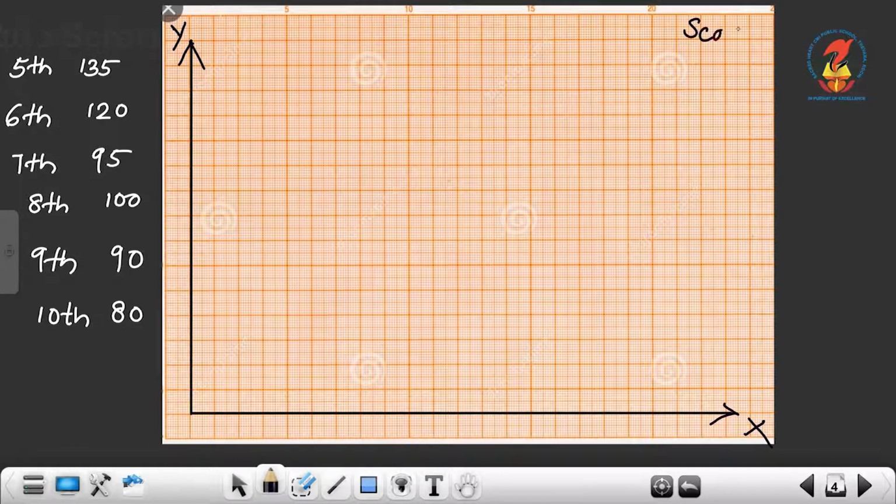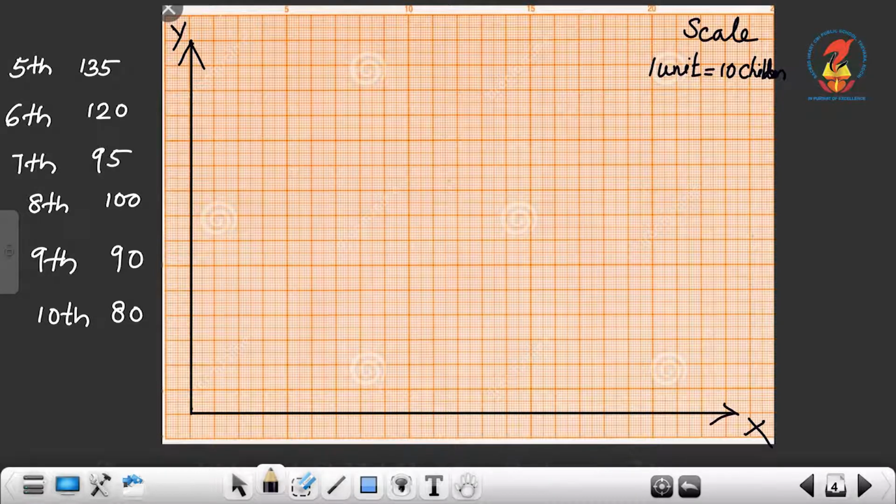So scale, in the right hand side corner we have to write down the scale. Scale is equal to 1 unit is equal to 10 children. Okay. Then 1 unit means